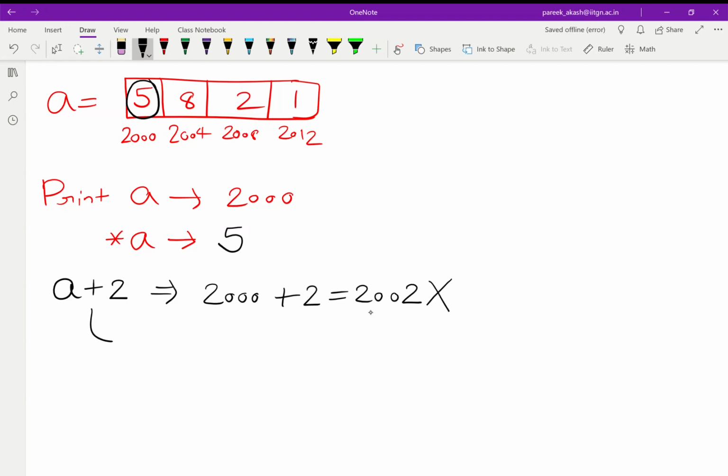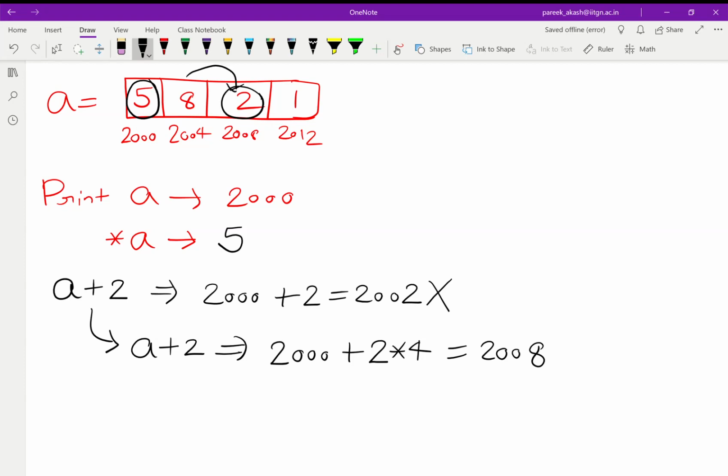The actual interpretation is that a plus 2 implies the base address, that is 2000, plus 2 times the number of bytes, that is into 4, as it is an integer. That means it will give us 2008 and it will point to